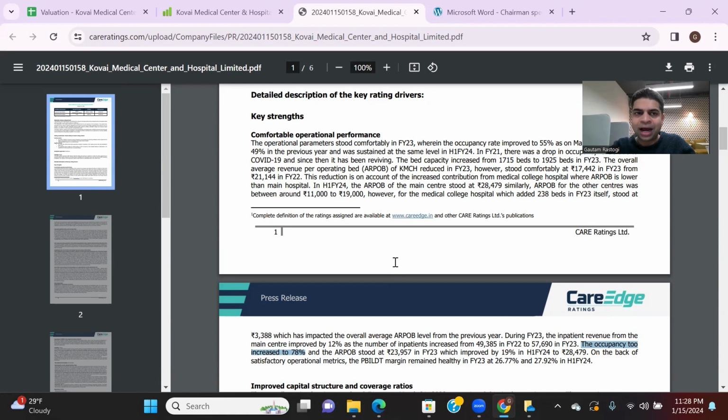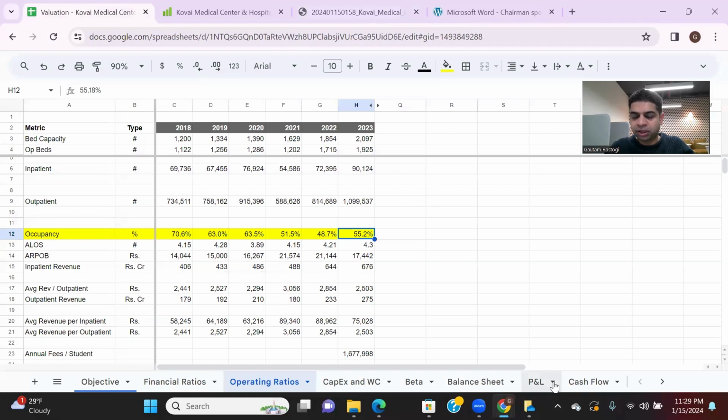So what I would do, in the absence of any explicit guidance from the management, is assume that at least for the next few years they would focus on increasing their overall capacity utilization, overall occupancy, and not go on increasing the number of beds right away. Because as it is, there's a lot of competition in Coimbatore. So if you look at this industry,